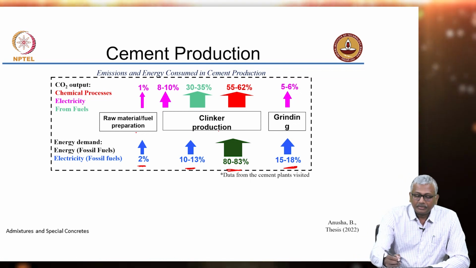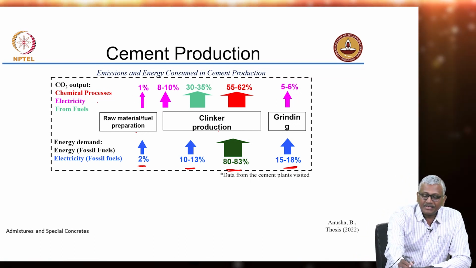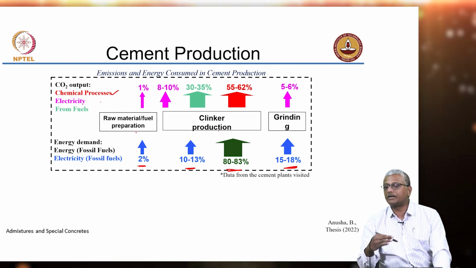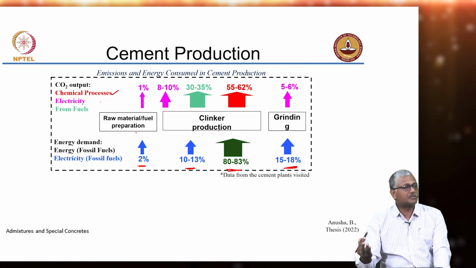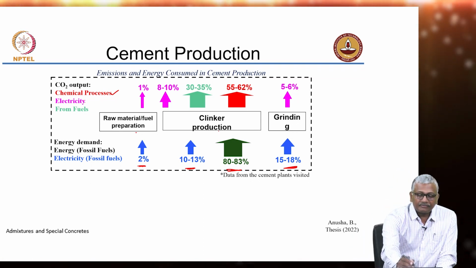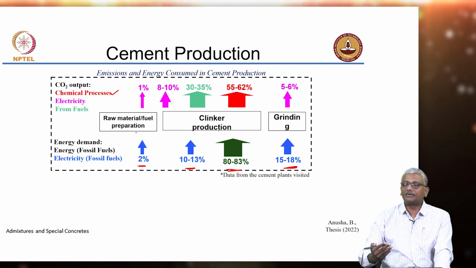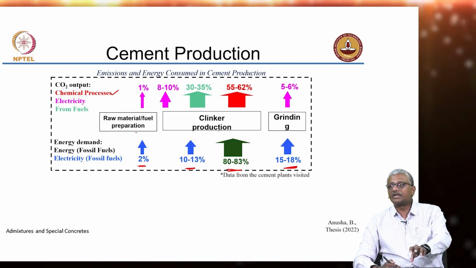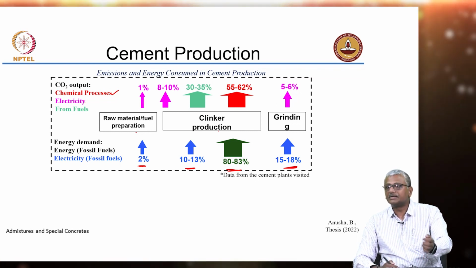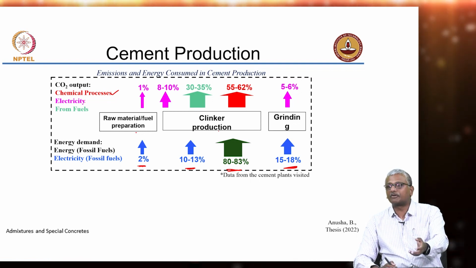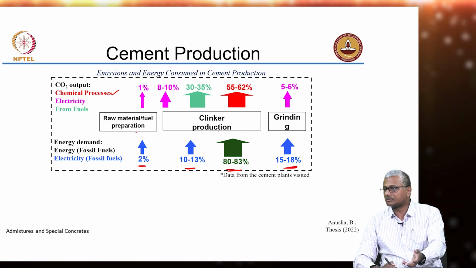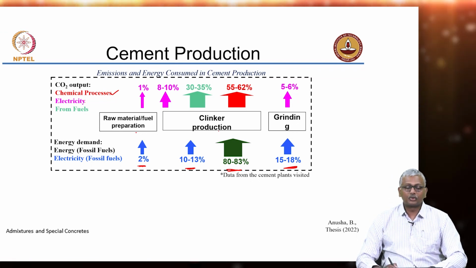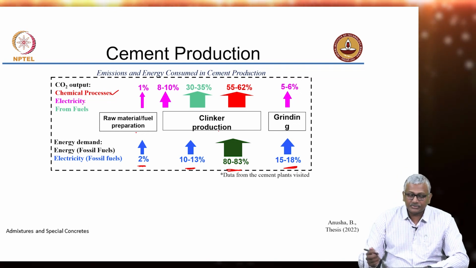Okay. Now, in terms of CO2 output, there are three different things that are contributing. One is chemical processes, for instance, the calcium carbonate giving out CO2 when it's heated beyond 900 degrees Celsius. When you utilize electricity, the associated CO2 of the electricity is also impacted, right? If the electricity is coming from coal-fired thermal power plants, the CO2 impact is more than if electricity is coming from solar or from water, hydro sources, right? So that is also calculated here, and the CO2 output from fuels is also given here. So you see here that